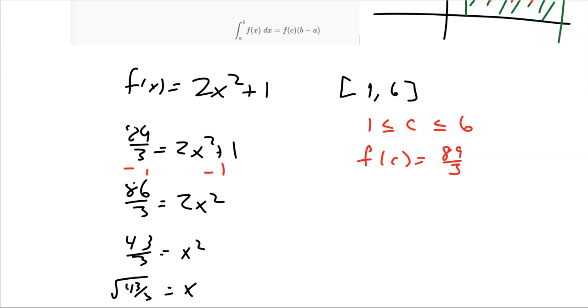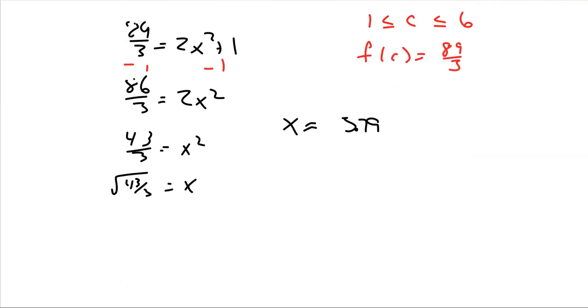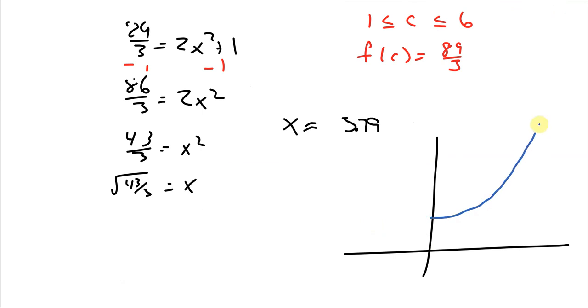Now I have two options, one being positive, one being negative. But since I'm between 1 and 6, I know that's going to be the positive. And it turns out that if you look at the approximation, that's 3.79. So graphically, 2x squared plus 1,